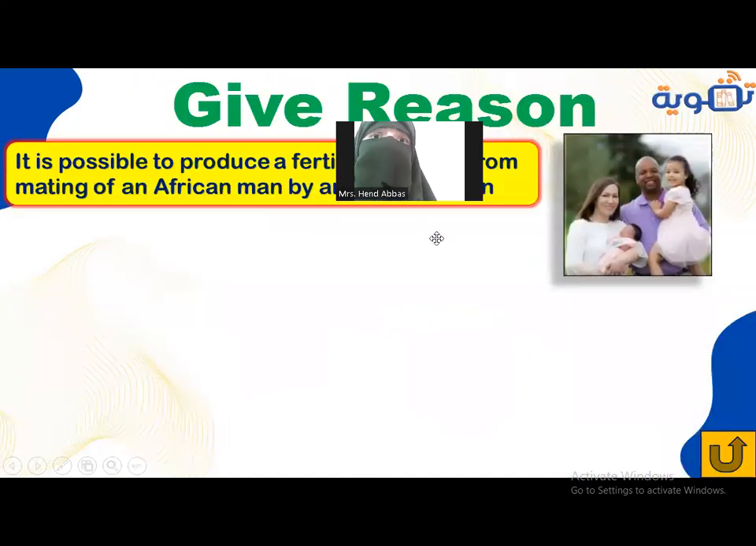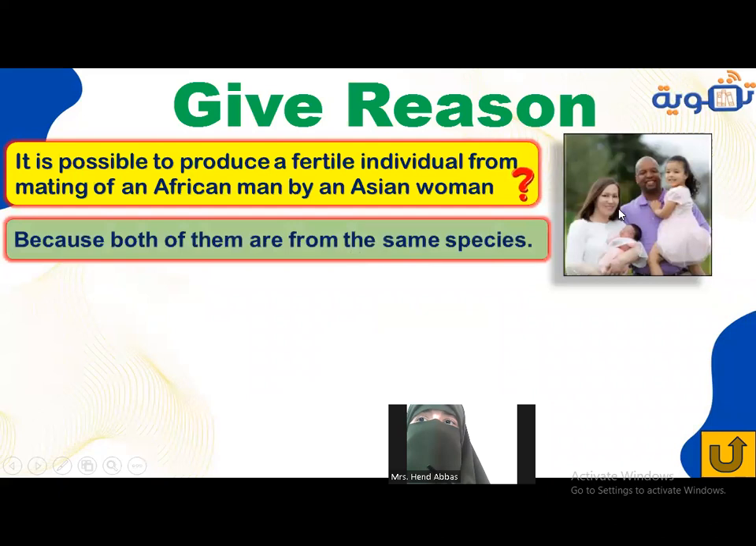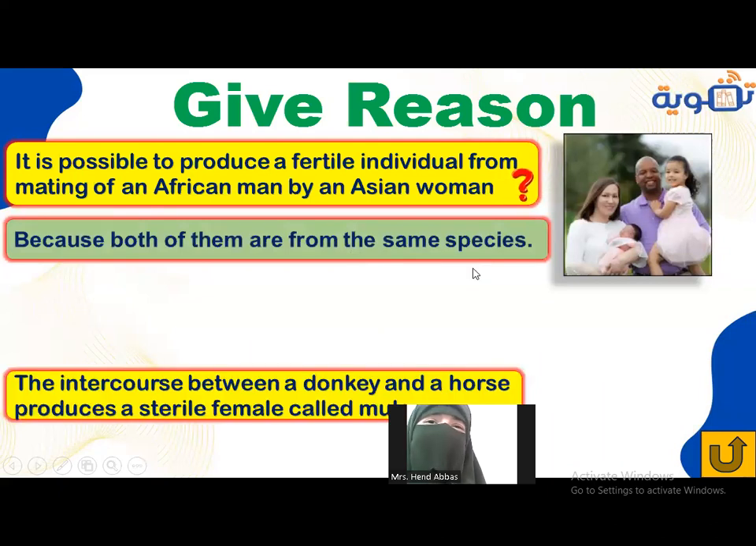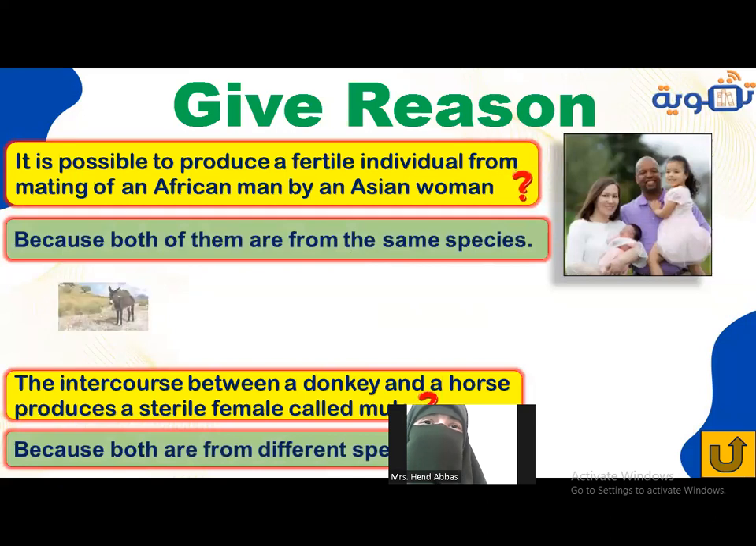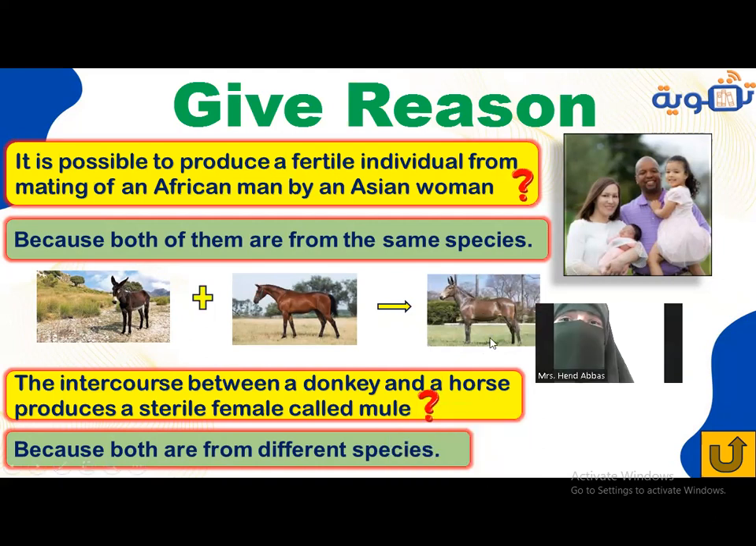Okay, give reason why it's possible to produce a fertile offspring. Those are fertile individuals, fertile offspring from mating between African men and Asian women. So here we have African men and here we have Asian women. If they marry together, their kids can marry again and have kids again. So their offspring is fertile. Why? Because they are related to the same species. What if intercourse happens between a donkey and a horse? If they reproduce, they will produce a sterile offspring, a sterile mule,